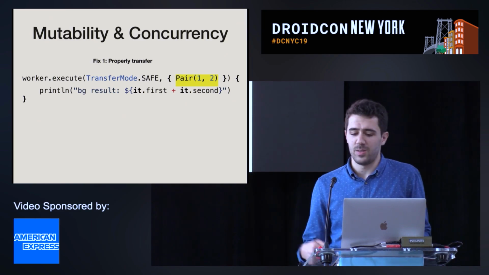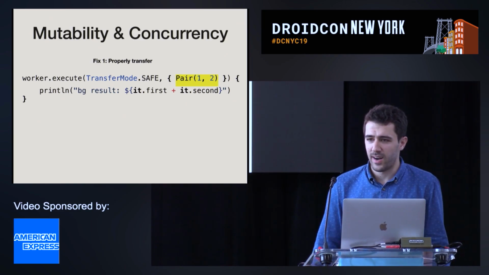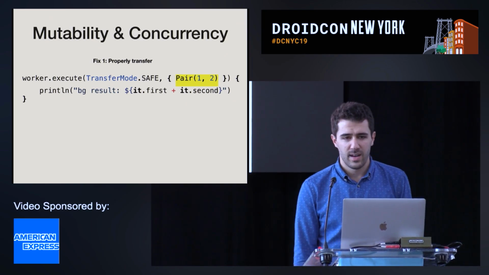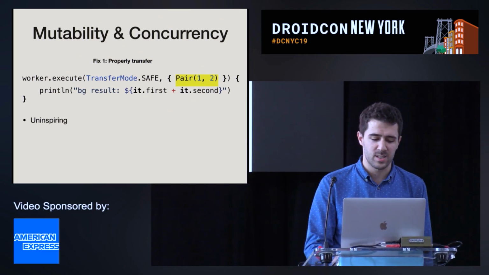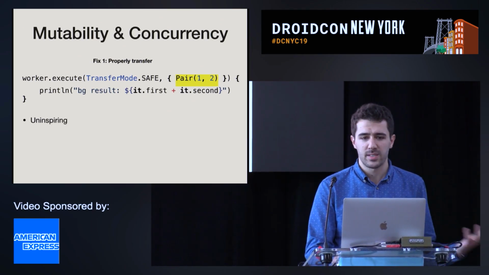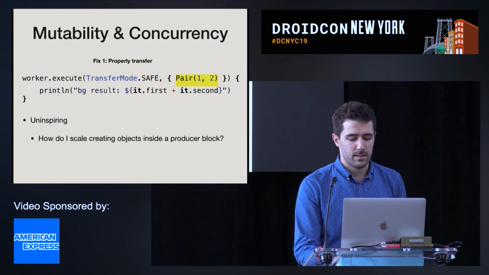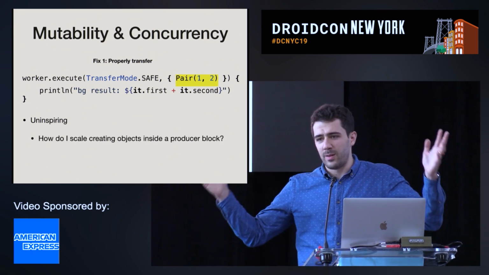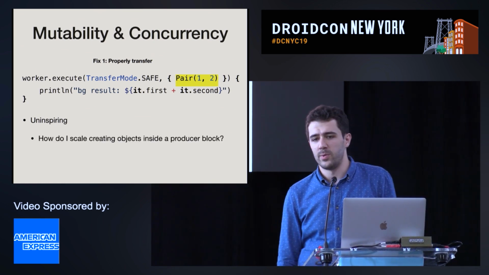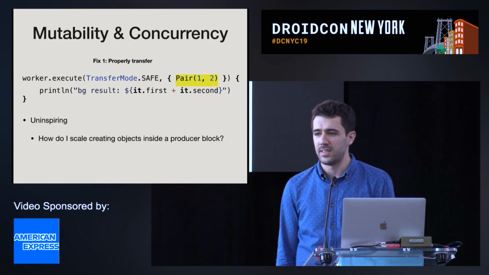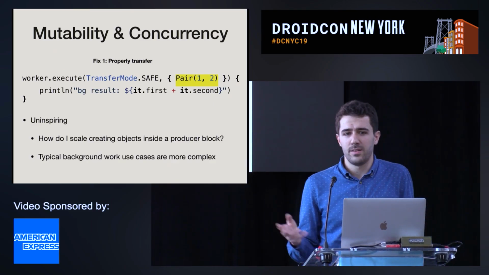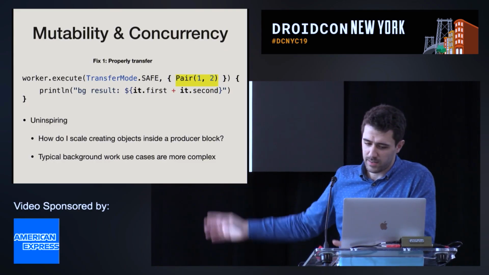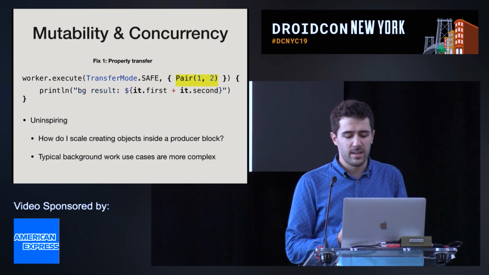So the first option is just to essentially create the pair inside of our producer block. Now personally, I find this solution to be pretty uninspiring, especially if you're coming to Kotlin Native for the first time. You have to think, okay, well, how in the world am I going to scale creating objects inside of producer blocks to do all of the background work that I need to do? And most background work use cases are a bit more complex than just this, right? So that leaves us with our other